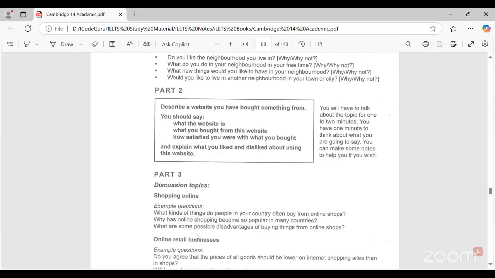So you can say that people don't need to leave the comfort of their home. They can do whatever they want to buy, like they don't need to go in person to different shops, so they can save time. On the other hand, you can say that they can get anything at their doorstep. So these are the different things. So we need to make our points in a coherent way.